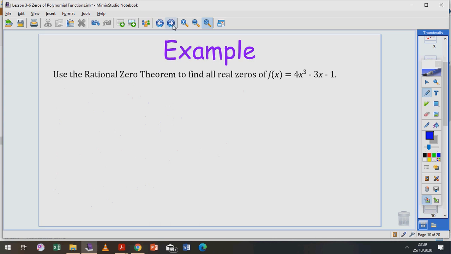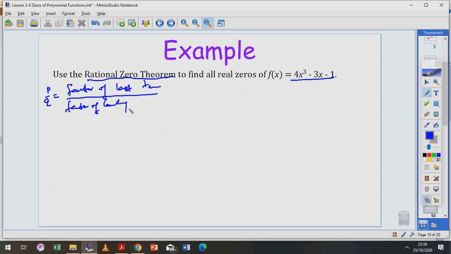Now in this example, we're going ahead a little bit more. We're using the rational zero theorem to find all the real zeros of f of x. Starting the same way, the rational zeros will be p over q, where p is a factor of the last term and q is a factor of the leading coefficient, or the first coefficient. So the factors of the last term, what you can see, the last term is -1,